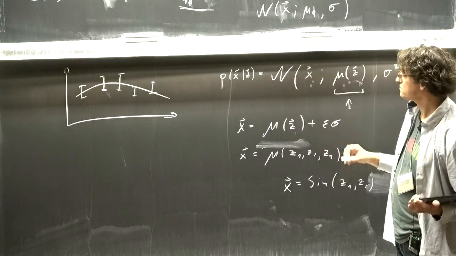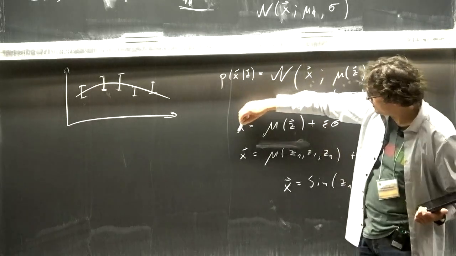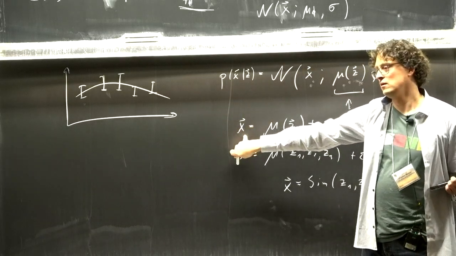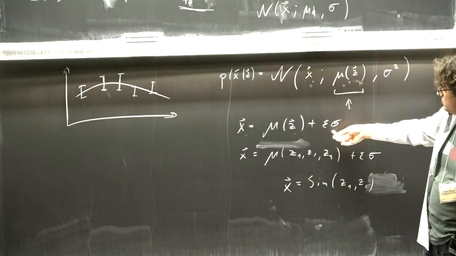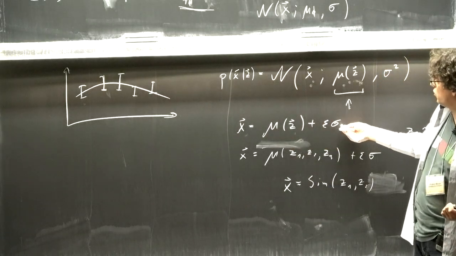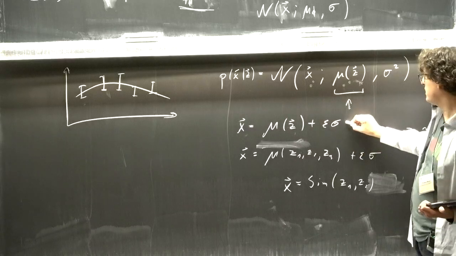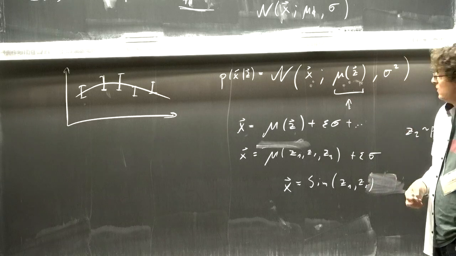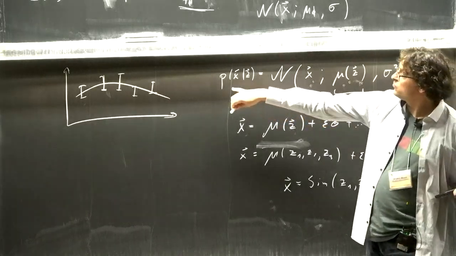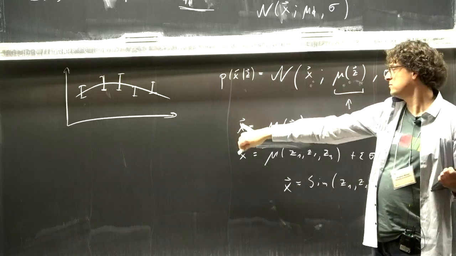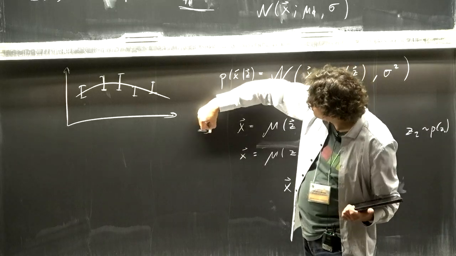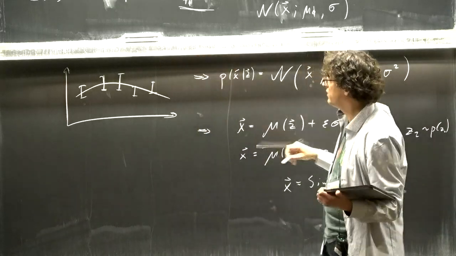And in many cases, it's easier to write a simulator like this here rather than to write a likelihood function that would describe how the data is distributed. Here it's very simple because we just take our physics simulation result and add Gaussian noise, so we end up with a likelihood function. But you can imagine adding all kinds of complicated stuff that you simulate that is just the outcome of your Fortran code. Then it would often be very difficult to write down explicitly a likelihood function, a probability distribution for how the output is distributed. So often this here is more general, but this here is more prevalent in many contexts.